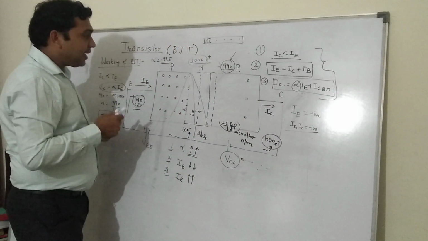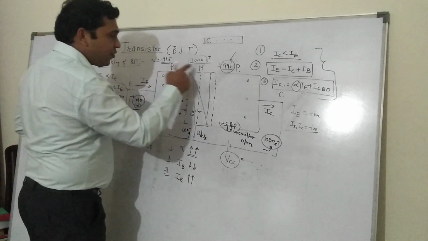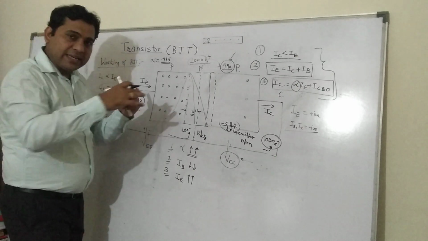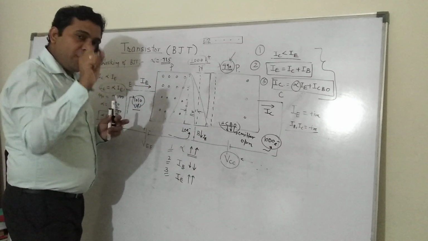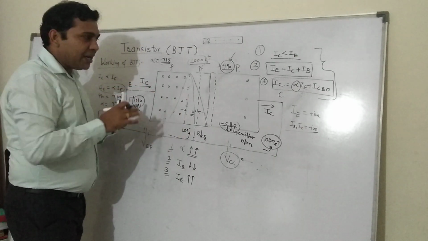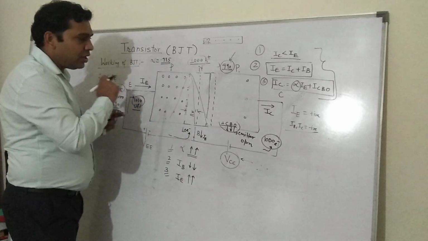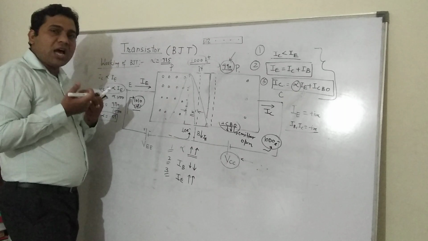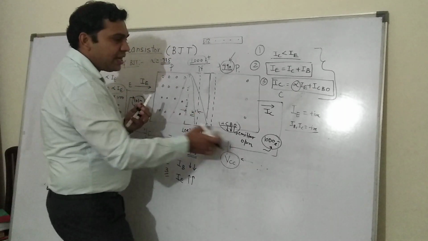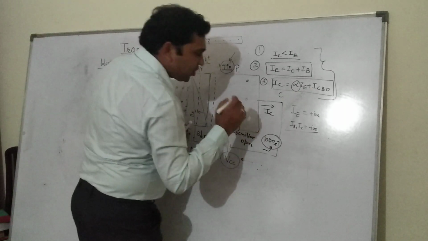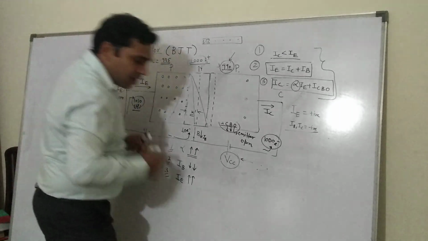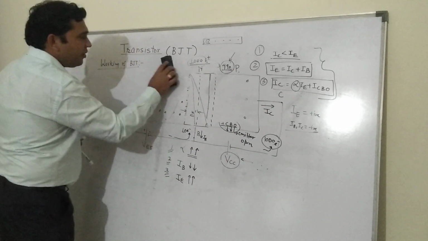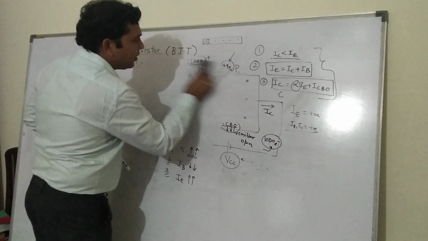Okay, and in case of NPN, this current will flow out from the transistor. If you draw the NPN transistor in your notebook by your own and then do the same kind of analysis, you will see that the IE is coming out from the transistor, whereas IB and IC are going into the transistor. That's why in case of NPN, we can remove this and we can write the important things here, which are very, very important.